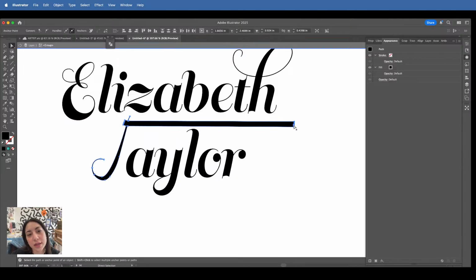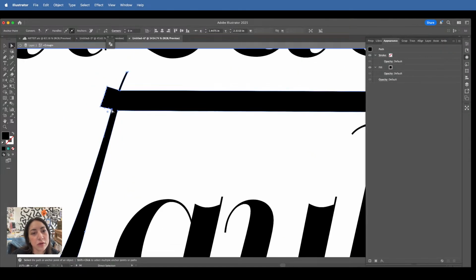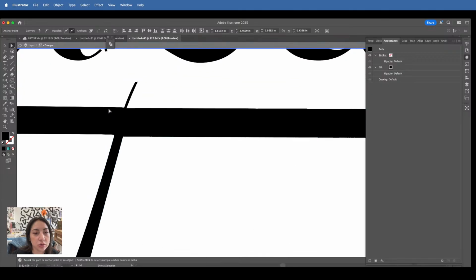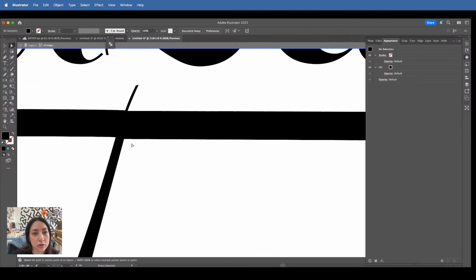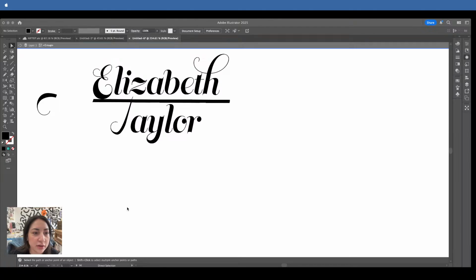Because I do like the idea of having that straight line under. I actually don't mind that as much. It does look like it says Elizabeth Jailer, but you know, whatever. We'll fix things as they come along.